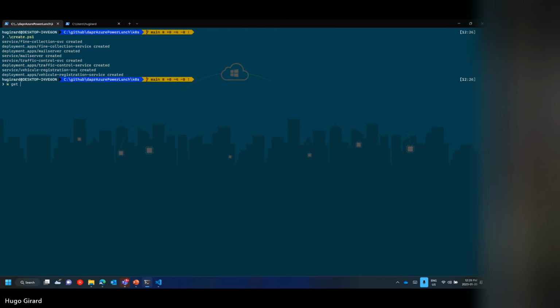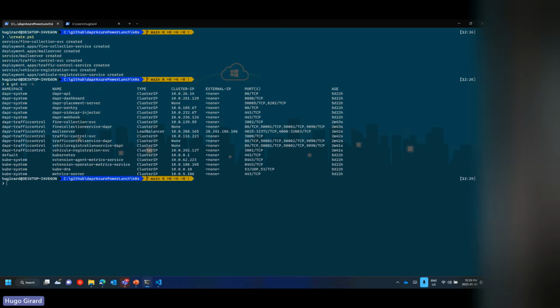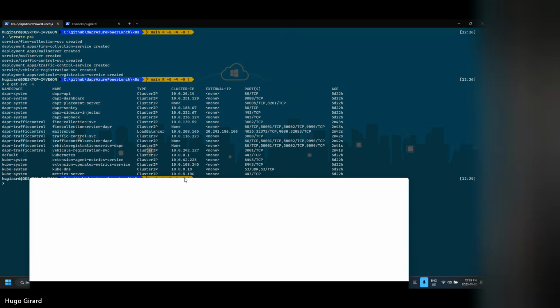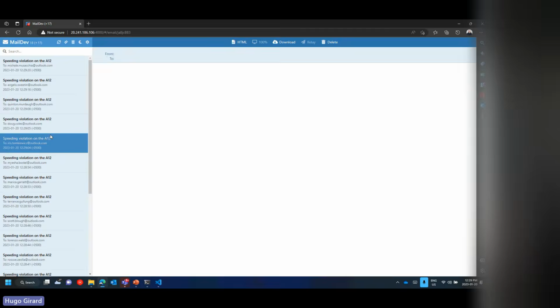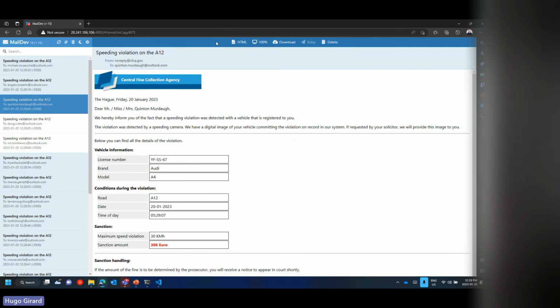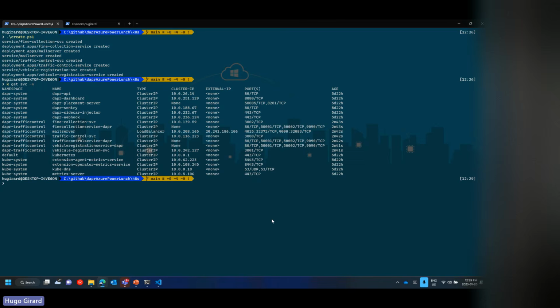So basically, the mail server, I could use a real one, but for simplicity, I used again the same one that I was developing locally, and I just exposed it with a simple load balancer service. So I'm going to show it to you. And again, we see the ticket, and last thing, just to really prove again. So if I do,